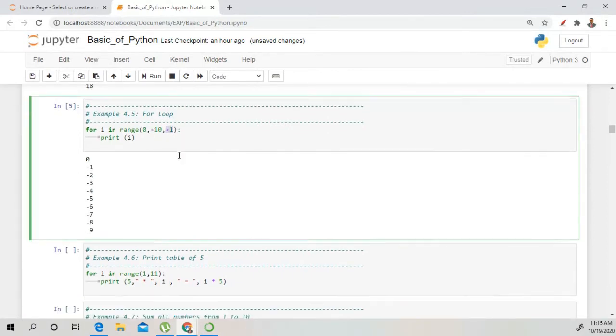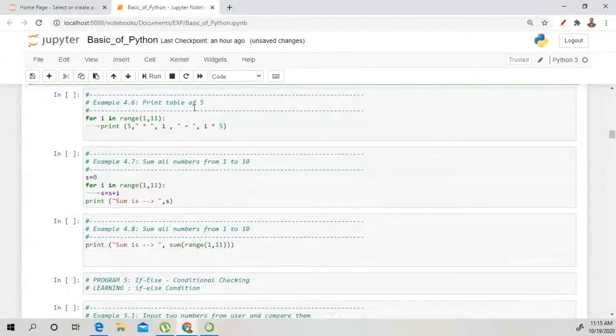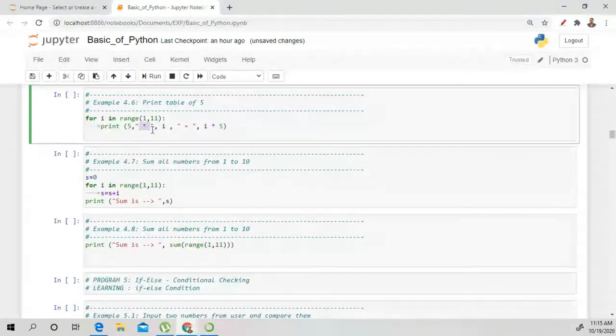Now, what is the output for the next? Print table of 5. It is simply demonstrating the table. It starts from the first position, 1, and goes up to n minus 1 position. So 1 to 9, 1 to 10. Okay. So 5 in inverted commas, then the star shows the value.